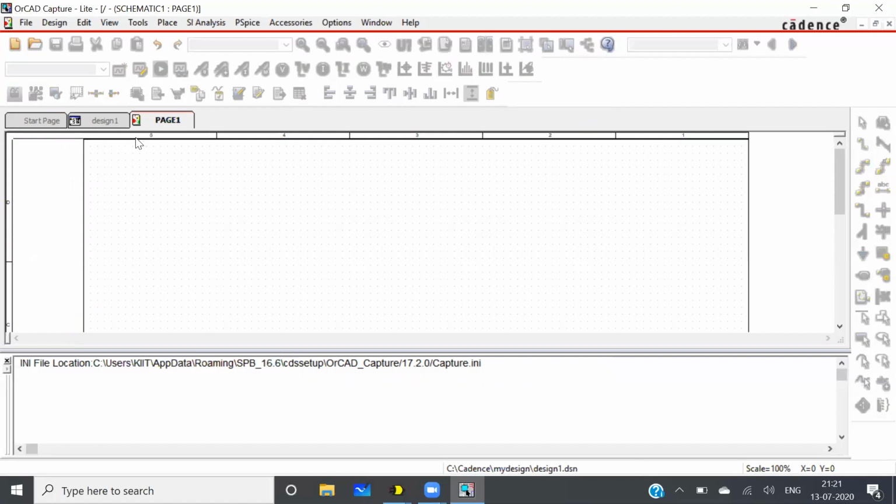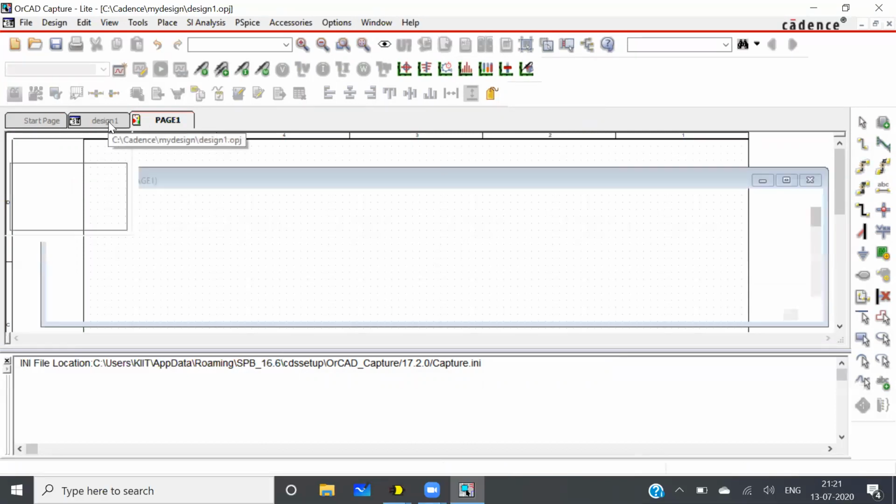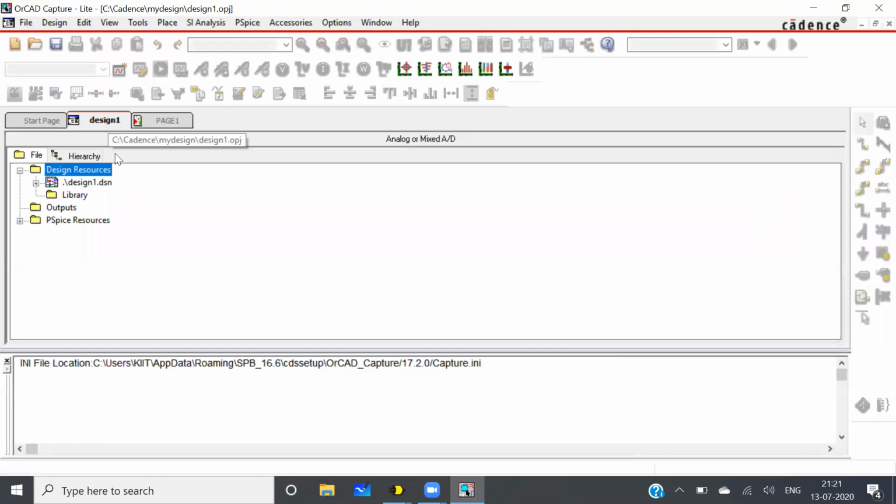See, a new window is created now. Its name is page 1. So this is my designing space. Whatever I need to design, I will design it here. When I created this project, I gave this name as design1. So this is this design1. See, this design1.dsn file is created.